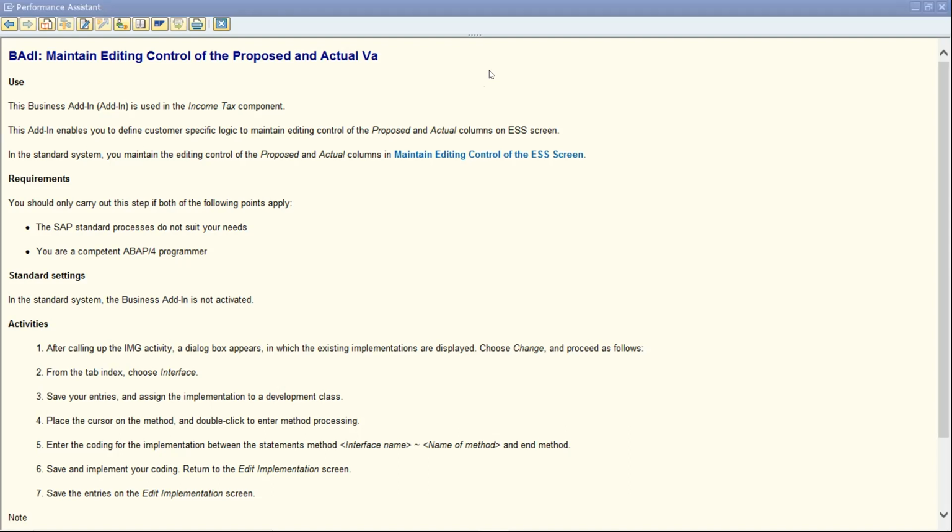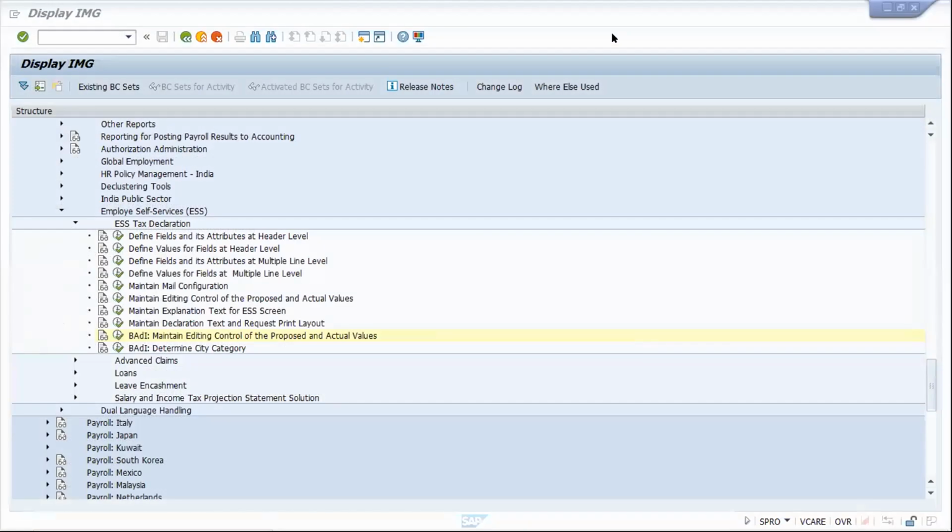Now you can close it. So this is all for today's session for ESS. We had a very comprehensive session today from the ESS tax declaration point of view. Just to summarize, from an implementation point of view, two nodes are very important here.